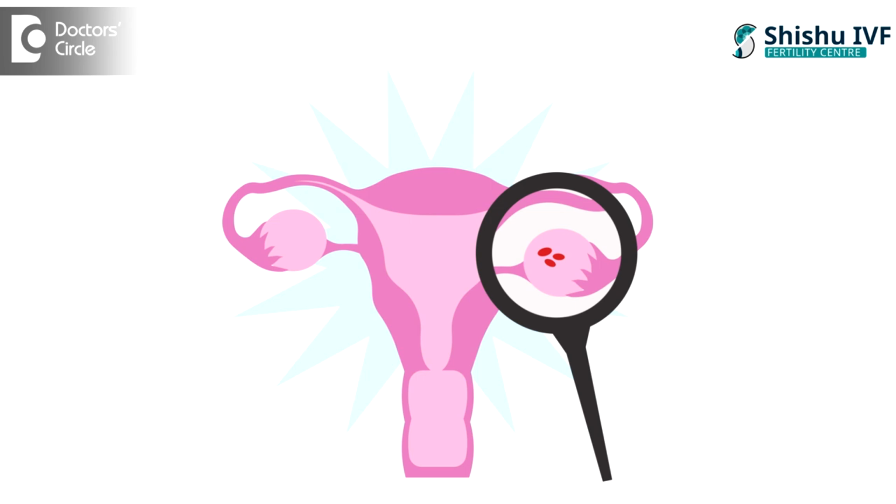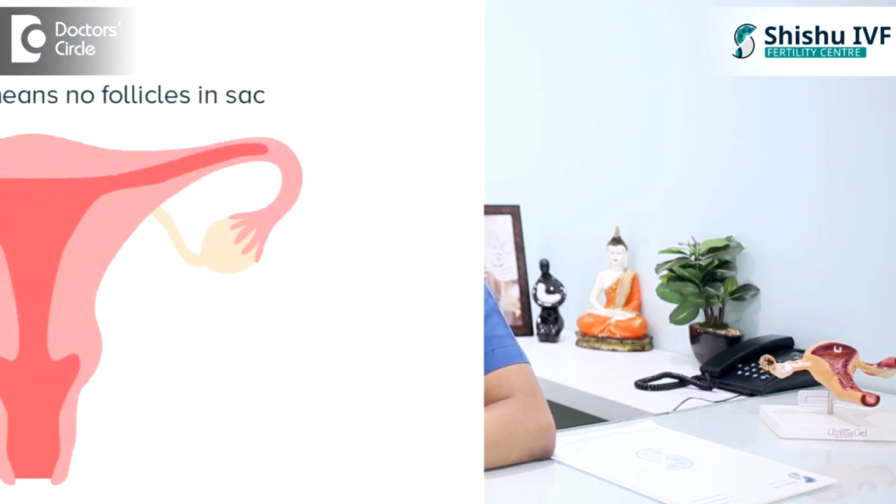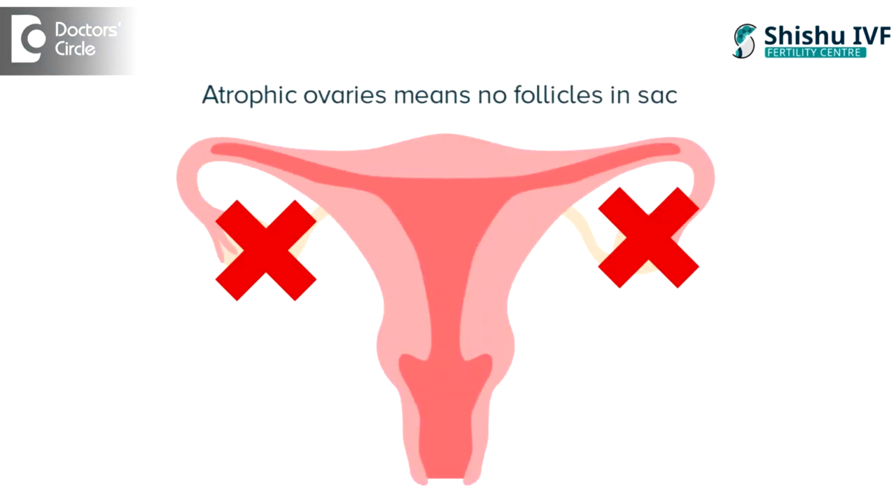So coming to donor egg, donor oocyte. Whom do we suggest that? Whenever we are aging and reach menopause, that means our egg reserve has come to an end 5 or 10 years prior to that. If we reach menopause by 50, 51, maybe when we are 40, 45 itself, our egg reserve is over. So some patients will have a very long period of married life, and they would have tried other treatments, but maybe due to financial reasons or some reluctance, they wouldn't go for IVF initially. But then when they are in their 40s, 45, we do the scan and the ovaries are atrophic, meaning there are no follicles in them. So that is when we suggest donor oocyte.